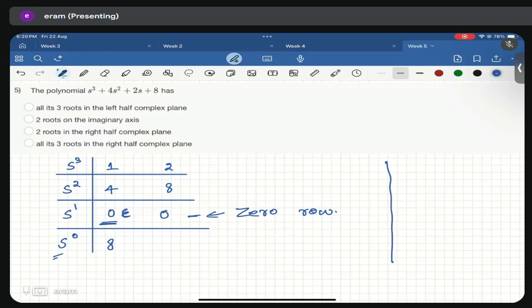Actually, if you see symmetric roots, it can be this type of symmetry, or this type of symmetry, or it can be this type of symmetry also. Now why did I say complex? Because